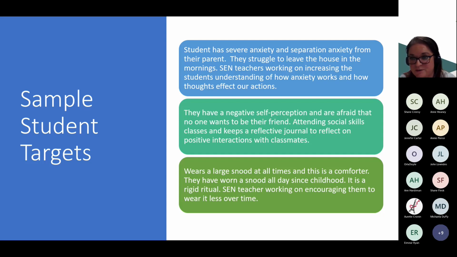We are just focused on their presenting needs and their targets. So if you were asked how you were supporting them, what would you say if you had to sit down with an inspector or a parent or whatever and you were asked what you're doing? Well, some simple measures might include, if you have them first period, let them know that you understand they might be feeling anxious because mornings are a pinch point for them, and ask how you might help them to settle